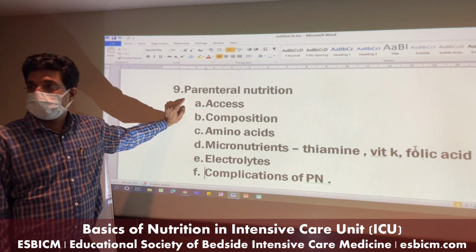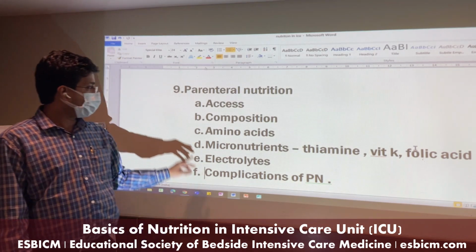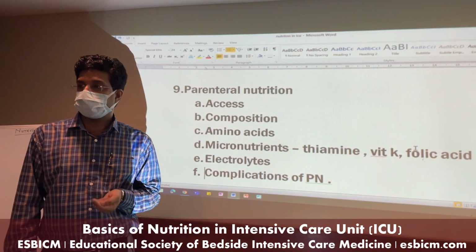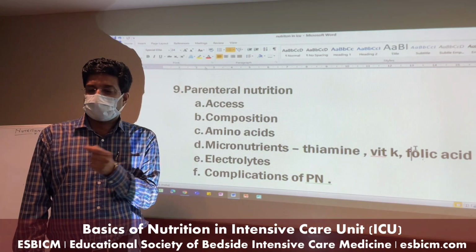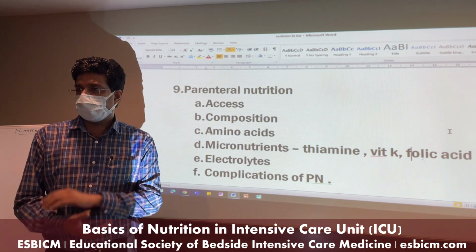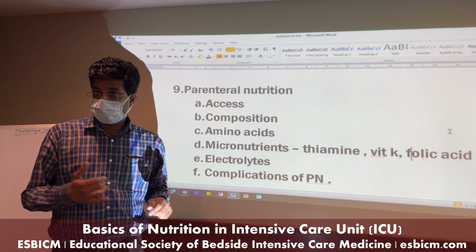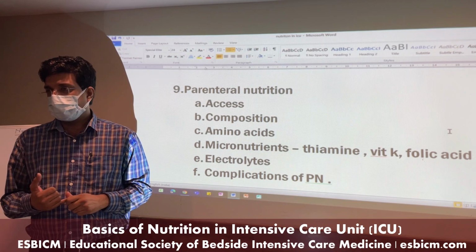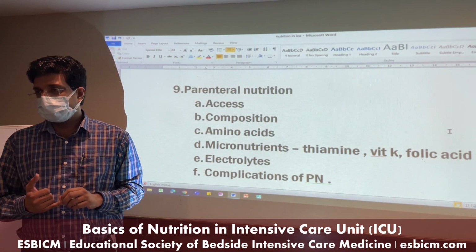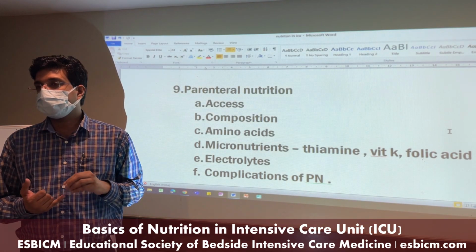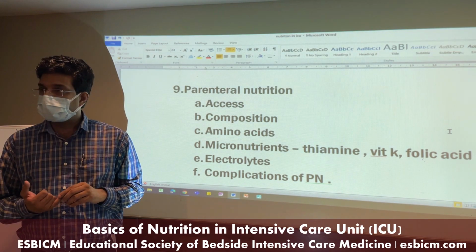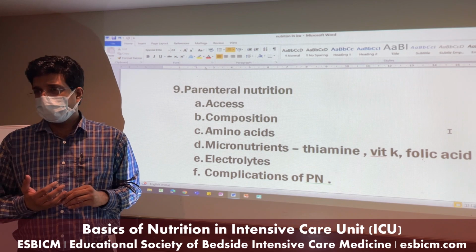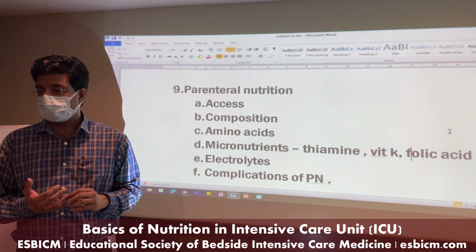Parenteral nutrition should be given by a central line, and that's the biggest challenge. You need a different dedicated central line for this patient. Some have come up with peripheral TPNs also, but what should be the site? If you ask me what the literature says, for giving parenteral nutrition they always recommend subclavian because chances of infections are very low in subclavian. But routinely, what is used in most ICUs in the Indian context is IJV, internal jugular.